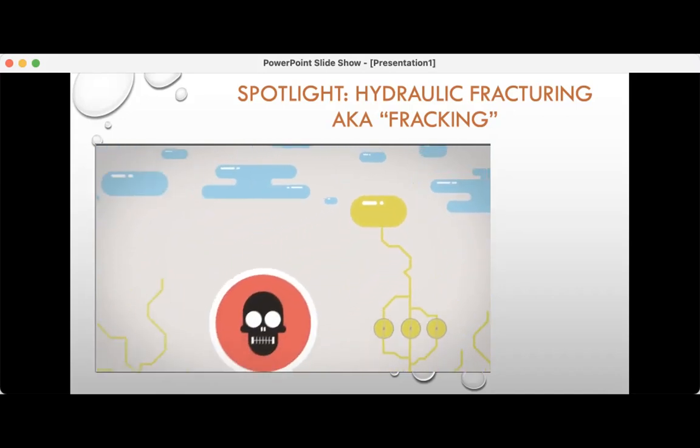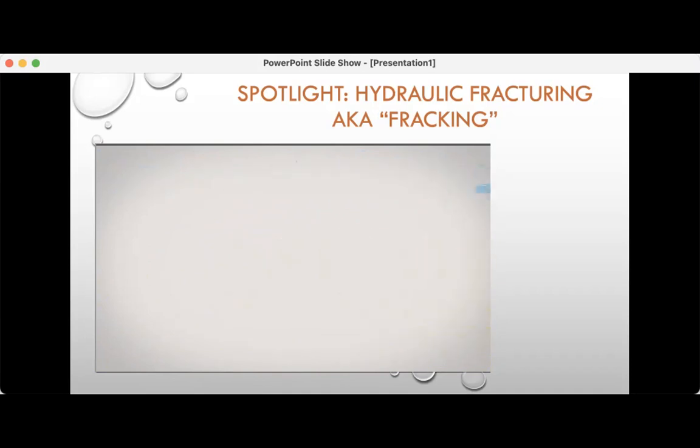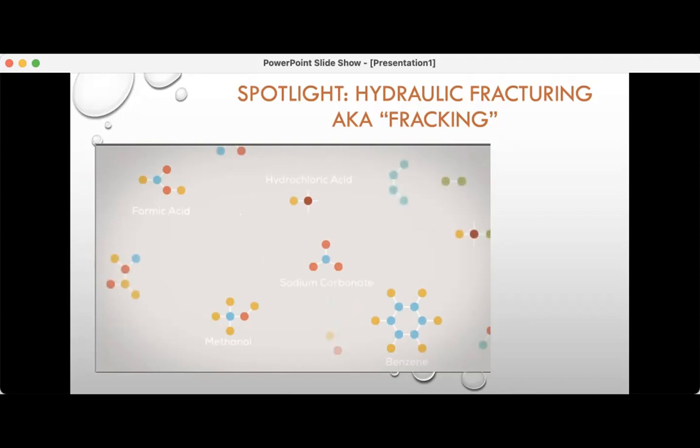No one yet knows how the enclosed water will behave in the future, since there have not yet been any long-term studies on the subject. The chemicals used in fracking vary from the hazardous to the extremely toxic and carcinogenic, such as benzol or formic acid. The companies using fracking say nothing about the precise composition of the chemical mixture.